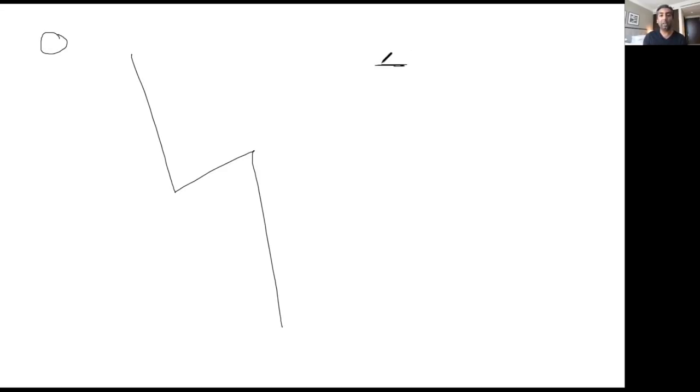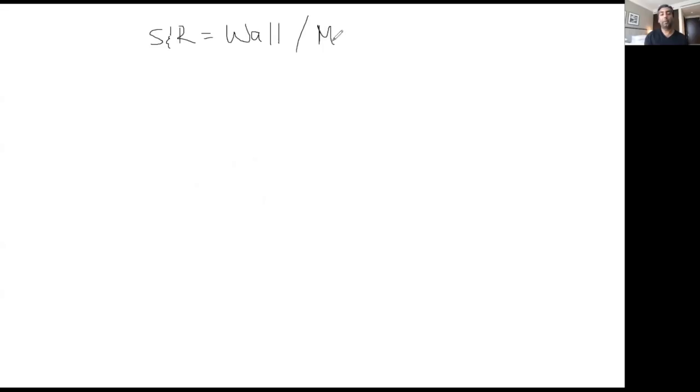If price is right here, and we'll call that P, then support is always going to be a line below you, and resistance is always going to be a line above you, okay? So now you have the terminology embedded into your head, the very basic stuff. I want you to imagine support and resistance like a wall. SNR equals wall and memory.